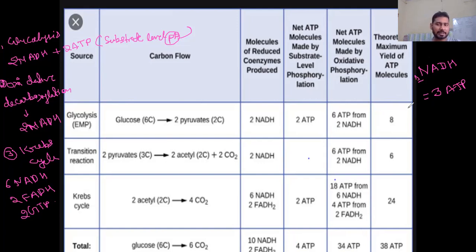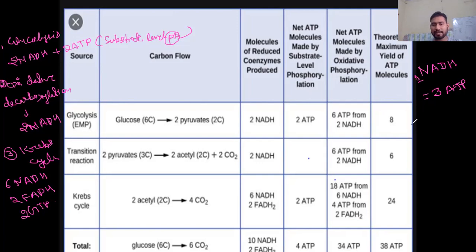NADH is the raw material. These NADH molecules enter into the electron transport system. Through the electron transport system, electrons are transported to oxygen molecules, which leads to the formation of water molecules, and these electrons and protons are utilized for the production of ATP molecules, where one phenomenon happens, which is known as the chemiosmotic hypothesis. In this way ATP is formed. So one NADH forms 3 ATP.